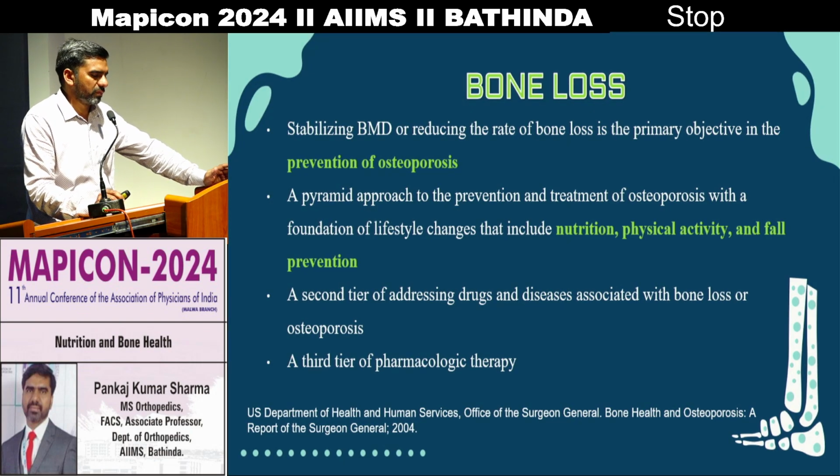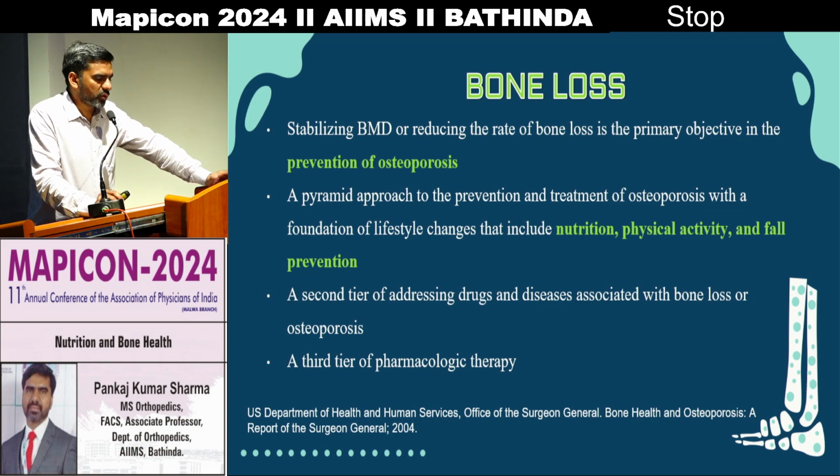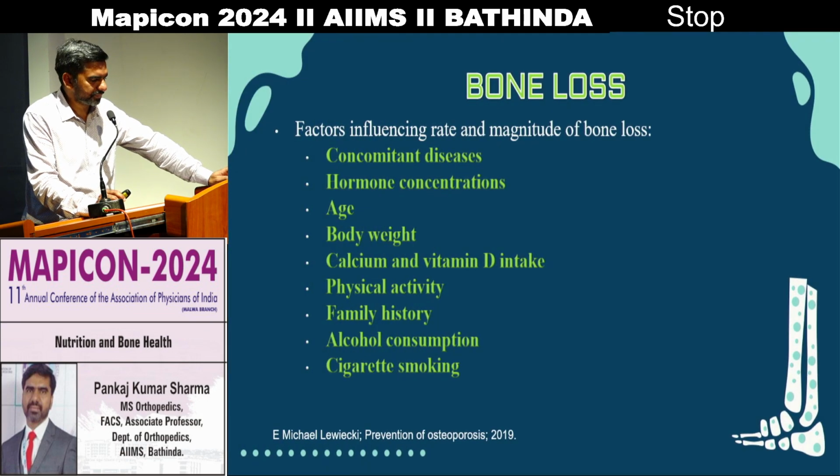We have a fracture-related tool for the osteoporotic bone. It is used for the prevention of osteoporosis, and in the pyramid shape of osteoporosis, the peak is the fracture, which starts from nutrition, physical activity, and fall prevention. So it is some preventive part of the CFM department. So bone loss is also a measurement. So we have to take up physical activity, food, and pharmacotherapy. There are a number of things which affect bone loss.